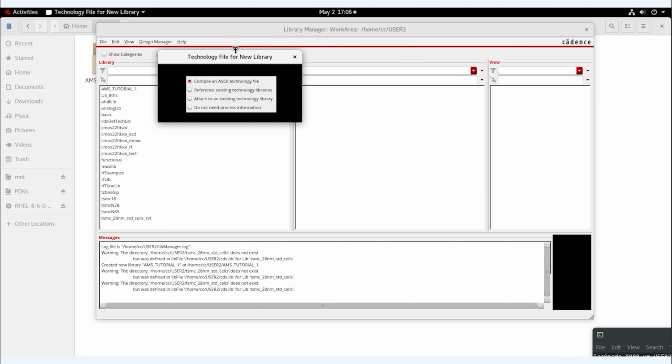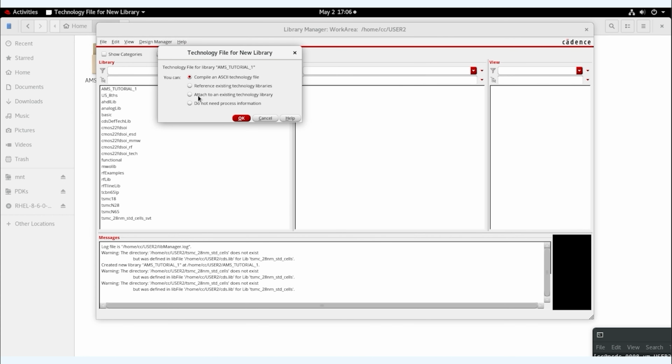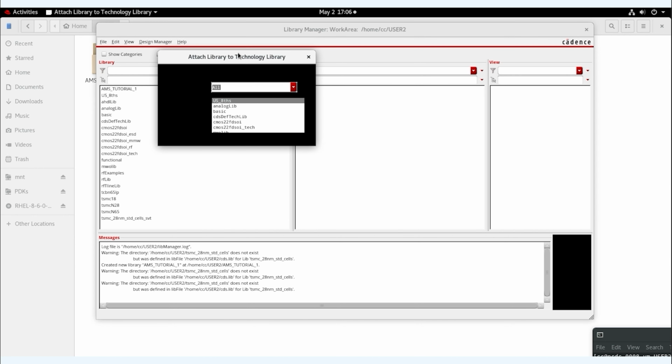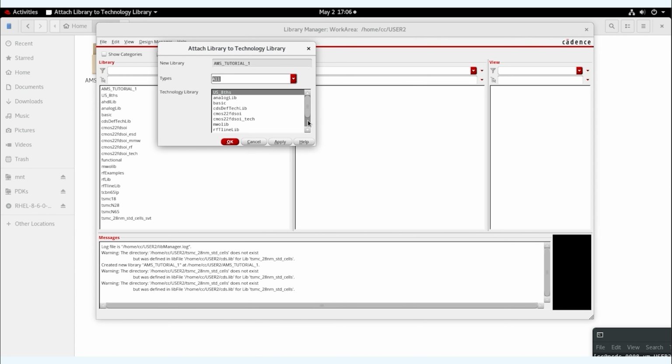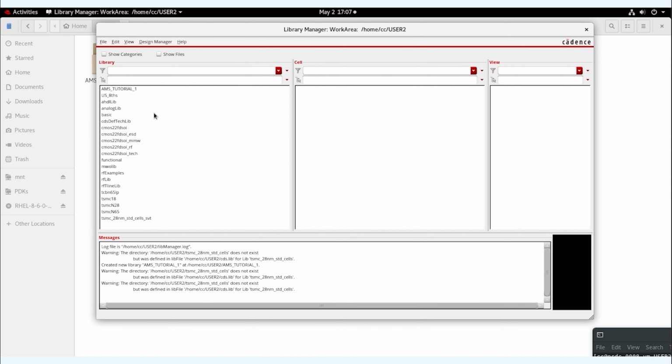Next, you'll be asked whether to attach it to an existing technology library. This step links your new library to the appropriate PDK. In this example, I'm using the 65 nanometers low-power PDK. If your technology library is listed, like GPDK45 or 65 nanometer low power, select it from the list and click OK. Now your new library appears in the Library Manager under the name you gave it, like